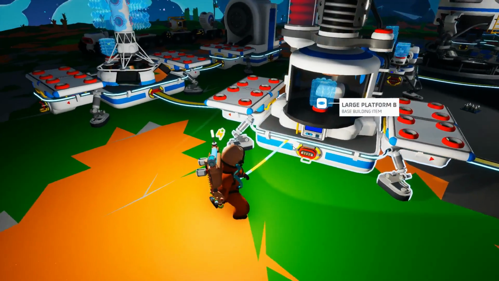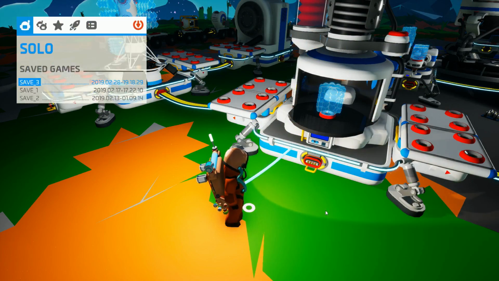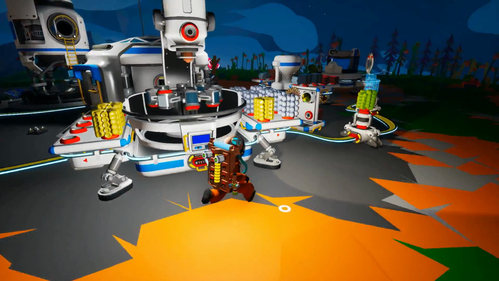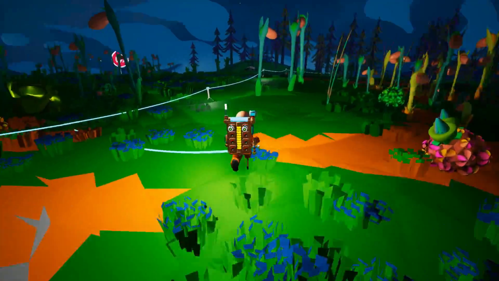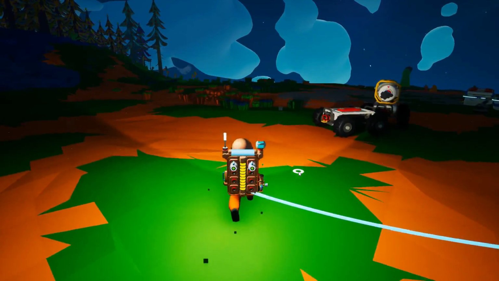Alright, well, we know we're going to need rubber as well, so we might as well start making rubber, which is organic and resin. So, that tells me we're going to need one batch of resin, and the next batch will have to be organic. So let's actually let this print its resin. Let's let it print its organic, and then...